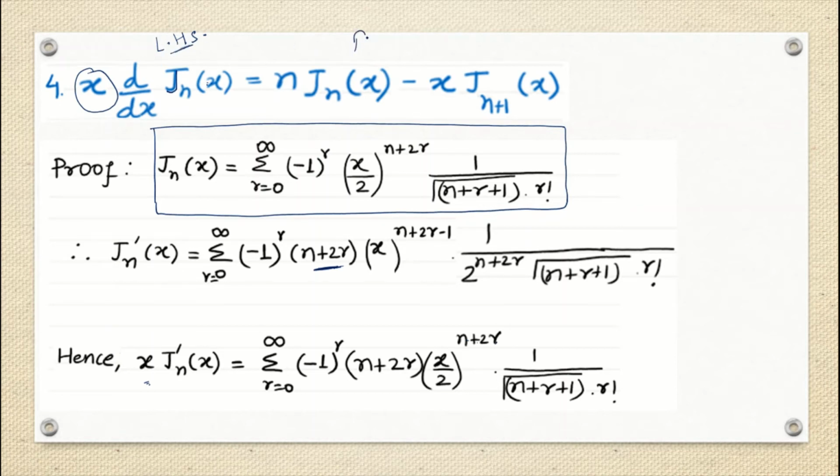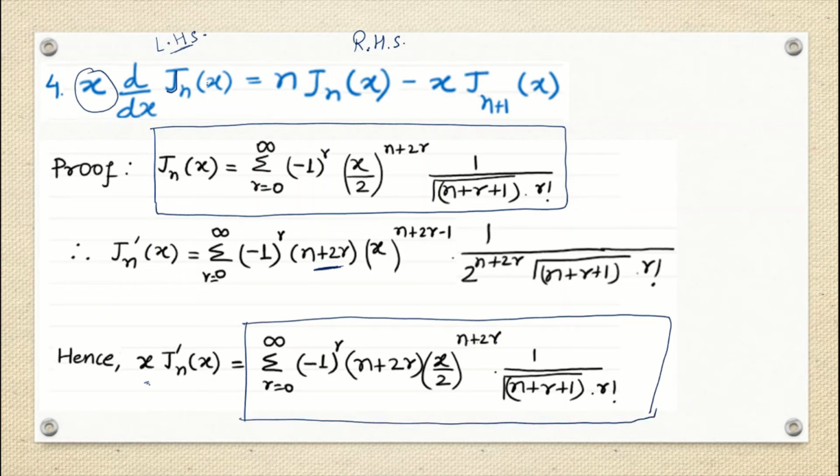Now further, only looking at LHS we cannot move, right? Now I have to see in which pattern I have to write down whatever we have got in my left hand side, right? So I can see what they are asking in the right hand side, that again this is summation or subtraction, whatever you say. This is two terms, right? So in two terms, the first term is of order n only. That means the Bessel function is of order n only, and multiplying with n, that is okay. The second term, we see that we have the Bessel function of n plus 1th order of Bessel differential equation, right? So this is your J n plus 1.